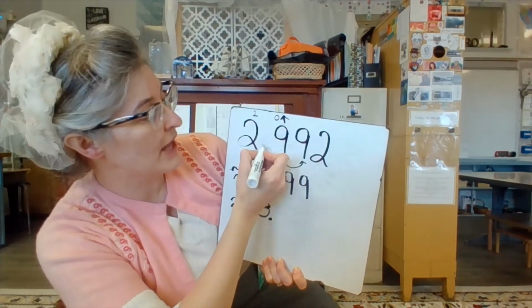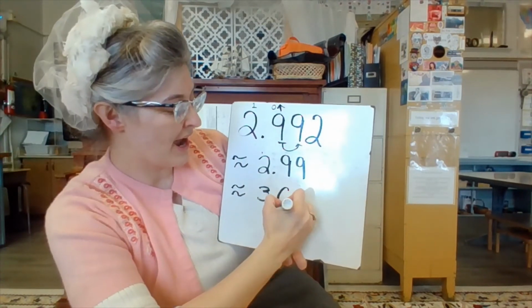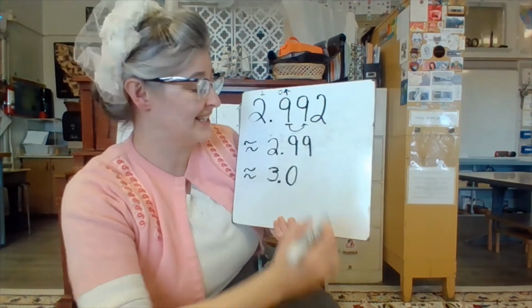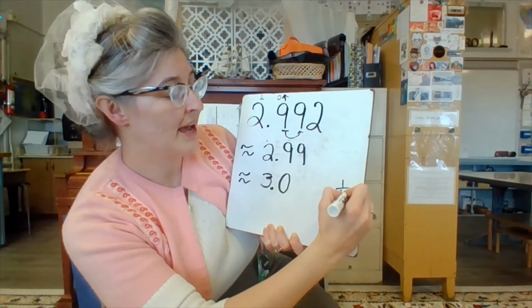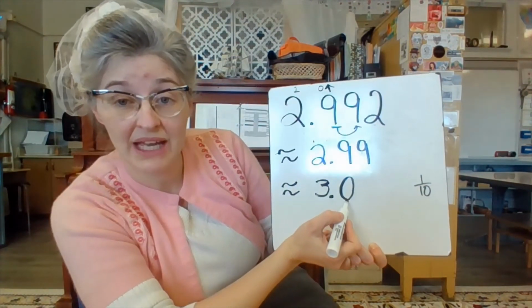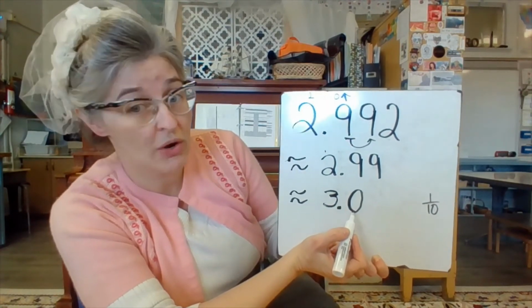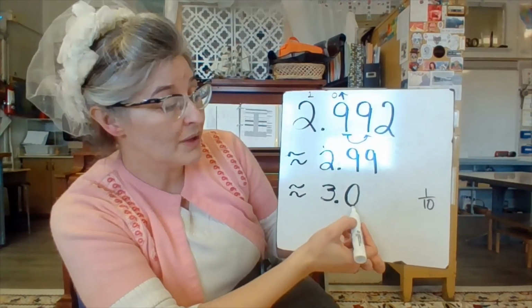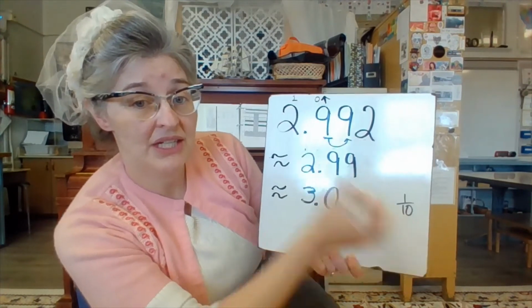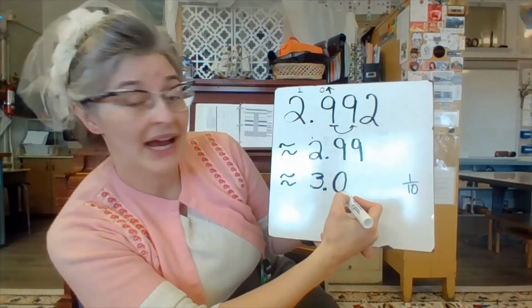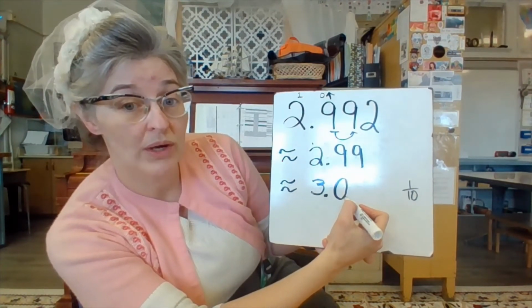Decimal point is still there. However, I needed to round it to the nearest tenths place. That means I need to have something in the tenths place value to show that I did this correctly. So in this case, because I'm rounding to the nearest tenths place, I would actually keep that 0 in the